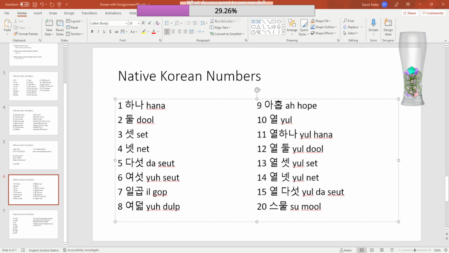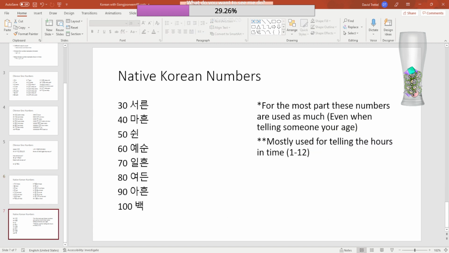So here's where it gets more challenging. When we go into the higher numbers,